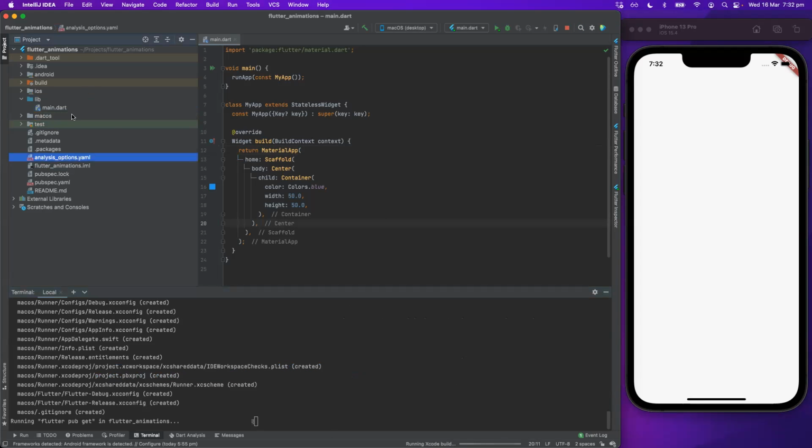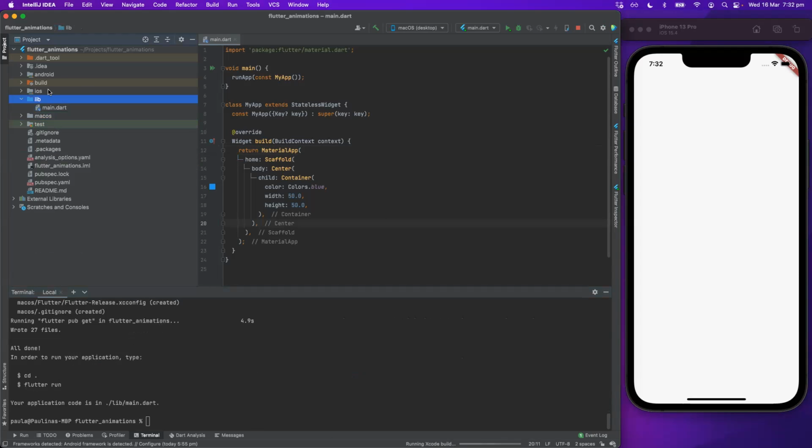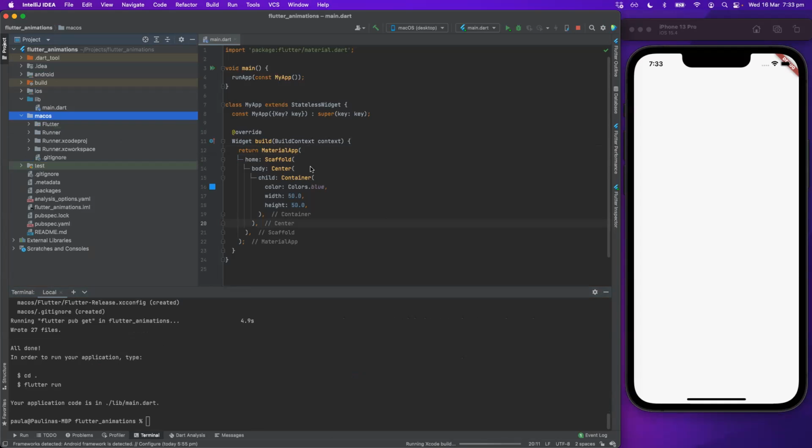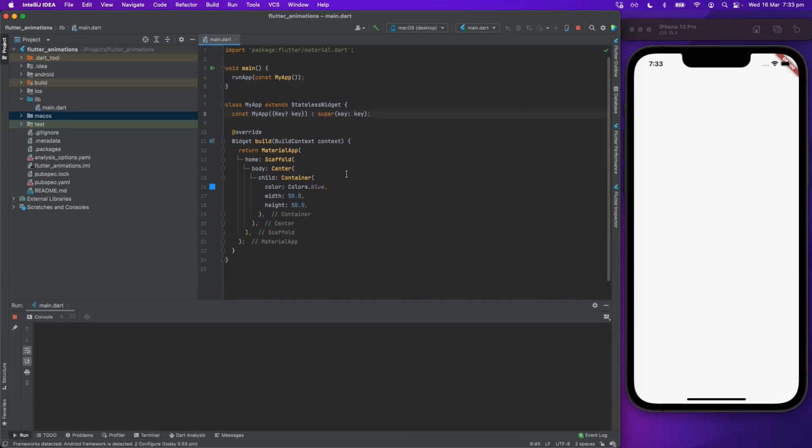Okay. So as you can see, that project was prepared only for Android and iOS. You can see those two folders in there, Android and iOS. But if you want to add support for an additional platform, like I just did for macOS, all you have to do is run this command and it will automatically create everything for you. So now I should be able to run this on, let's stop this one and let's run desktop.